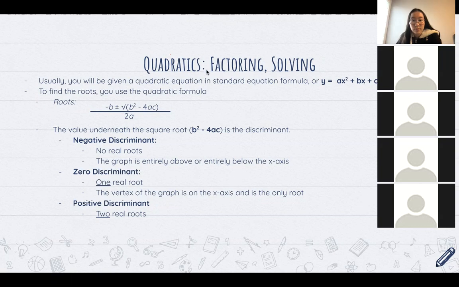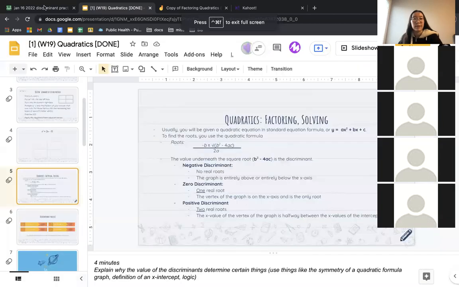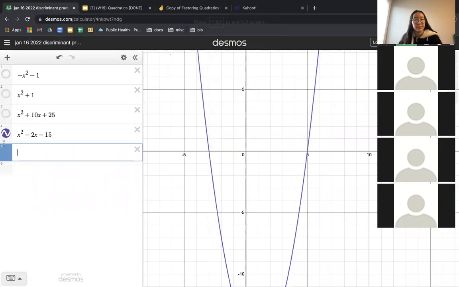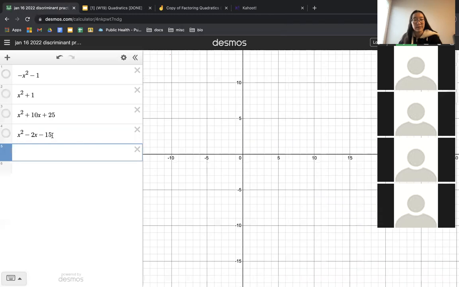Can you only have two roots on a line? Can you not have more than that? Oh, that's a good question. So a quadratic can only have a maximum of 2 roots, but you can find some other equations, like cubic equations, that have 3 roots. Basically, you look at the largest exponent. For quadratics, the largest exponent is a 2, so it can only have a maximum of 2 roots. But if, say, the largest exponent is a 3,